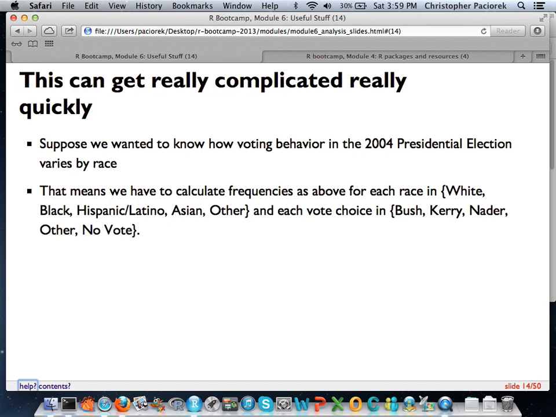You can see the example here. Suppose we wanted to know how voting behavior in the 2004 presidential election varied by race. That means you'd have to do all of those frequencies for all the unique values in race, and you'd have to calculate the vote choice for each one of Bush, Kerry, or Nader, or other or no vote. And obviously this can take a long time, and as Chris mentioned, the more you actually have to write out, the chances that you're going to make some sort of error tend to increase pretty fast.